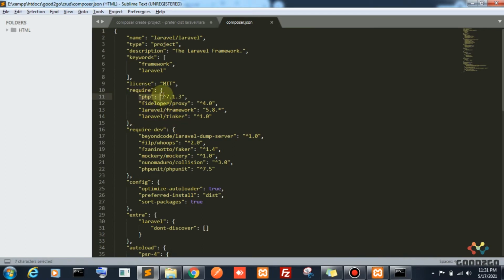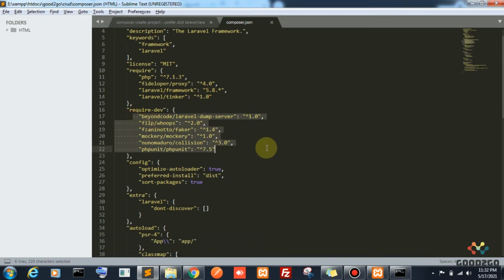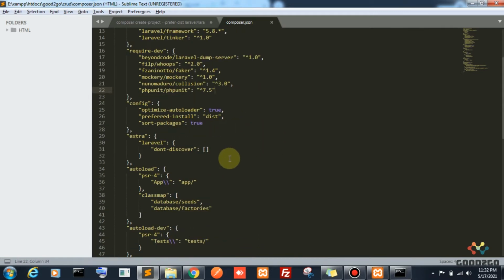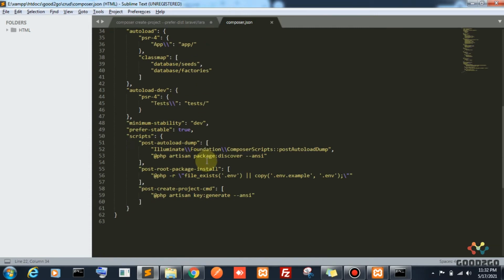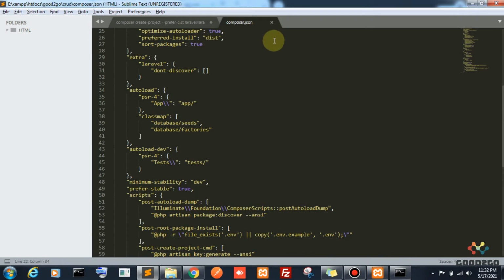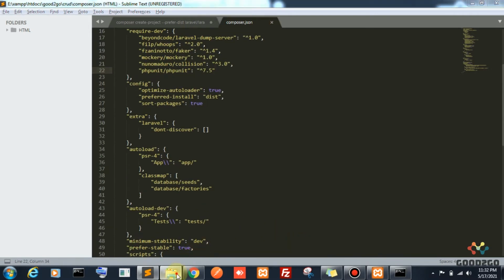It requires a PHP version greater than 7.1.3, and the Laravel framework will be 5.8. These are all the development requirements for this Laravel package. Whenever you do composer-based development, this composer.json file will be available in that project.